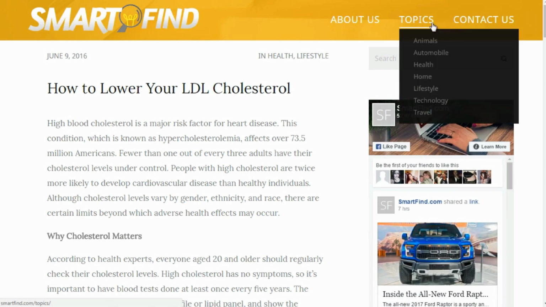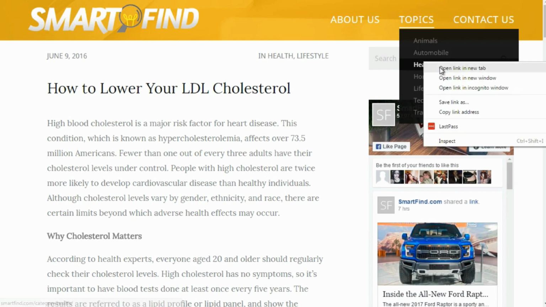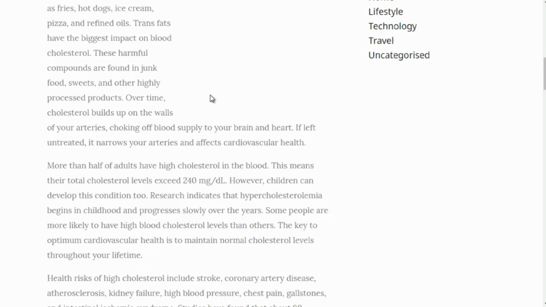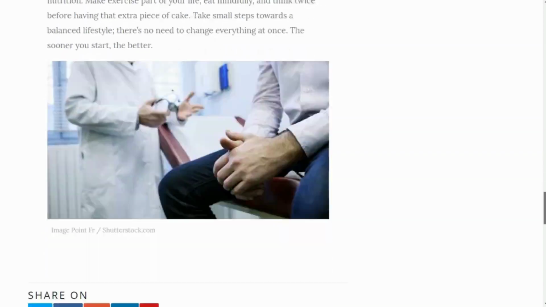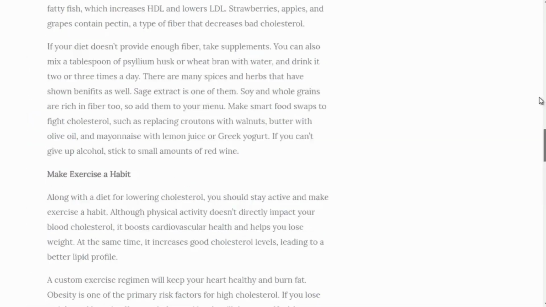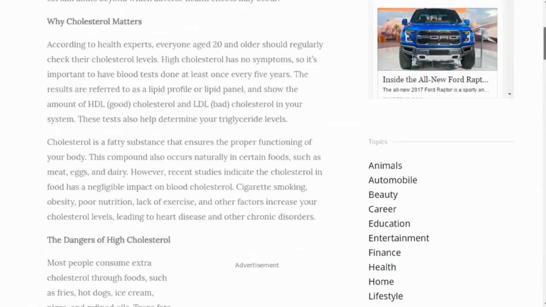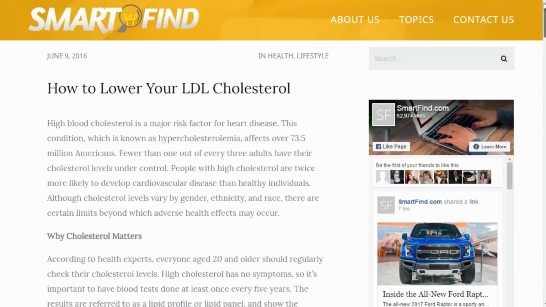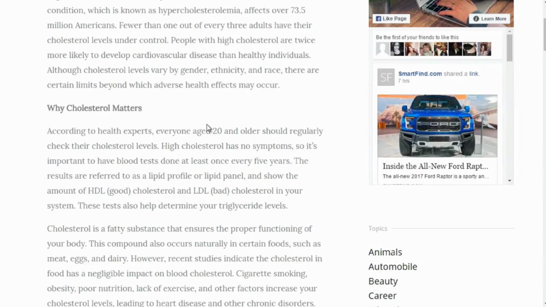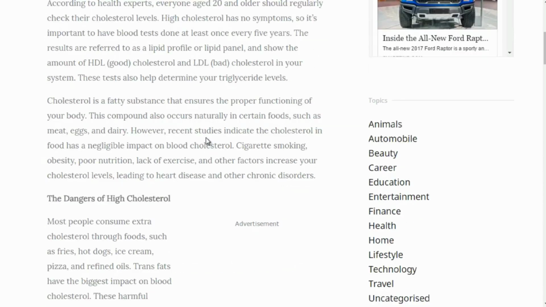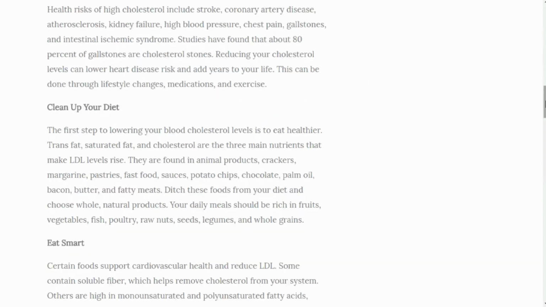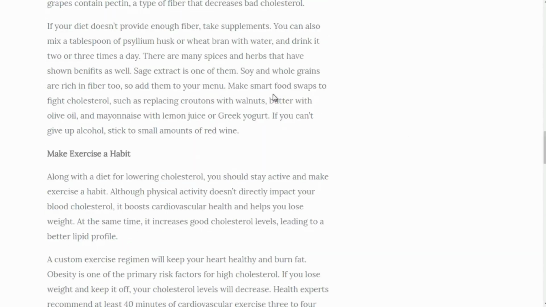Now, if we go to the other blogs and just take a look at how their site is laid out, they have topics. It looks like they're very, very general. It's not necessarily related to health, but they do have one section related to health. But this looks like it's just an article. You can see the length of the article is actually quite long. It's a good, decent size article, maybe about 700. No, it looks more like 1,000 words. But nowadays, your articles and blog posts can actually get to the length of 1,000 to 1,500 words per blog post. And of course, if you have videos, that's good too, to get people to actually stay.